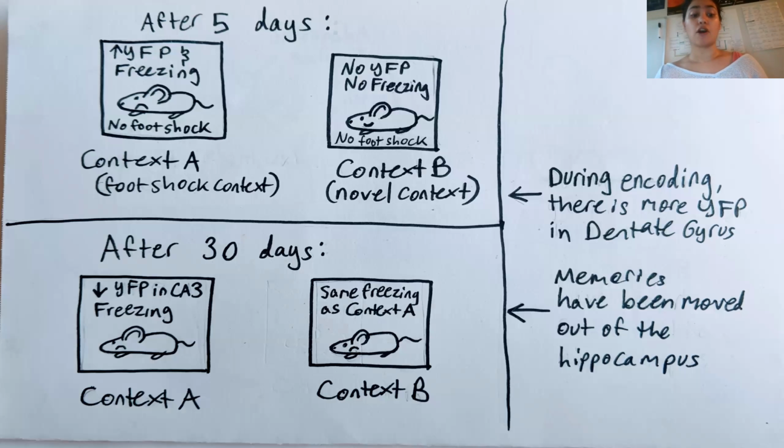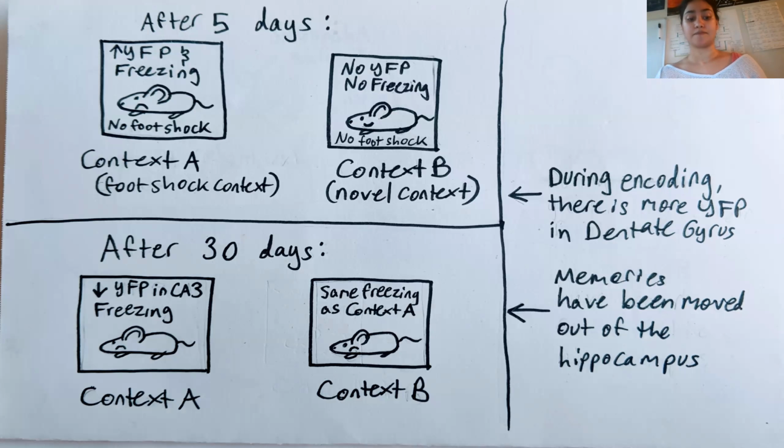Then, to determine how context affected the engrams in the hippocampus, a group of mice were all given foot shocks in context A. Then, 5 days later, some mice were reintroduced to context A while others were introduced to a new context B. The mice showed far more freezing in context A than in context B, and the number of co-labeled immediate early gene yellow fluorescent protein cells that fired was much greater in the mice that were put back